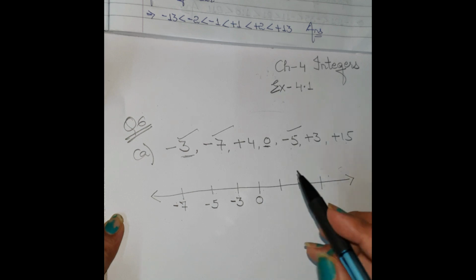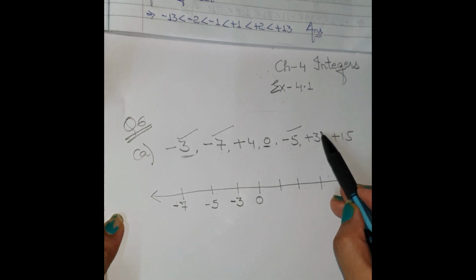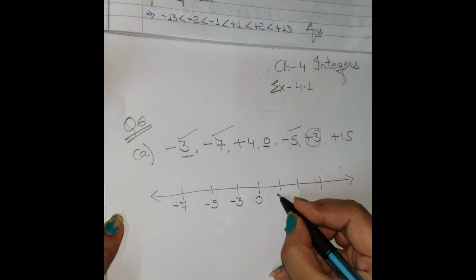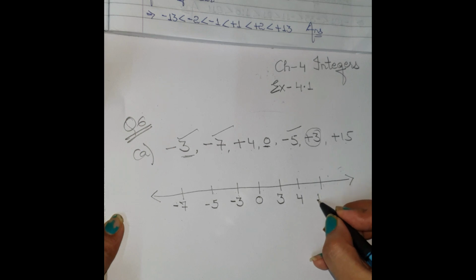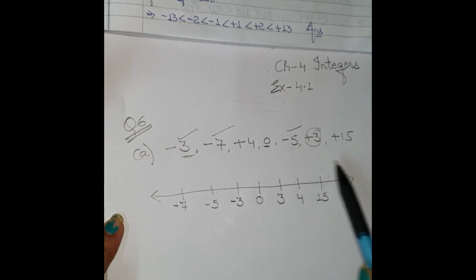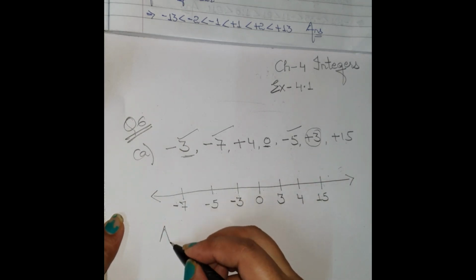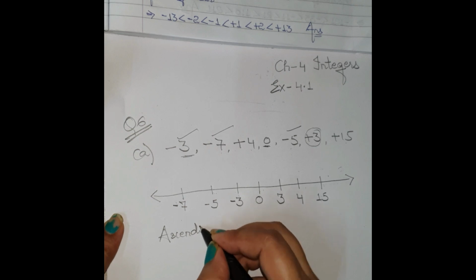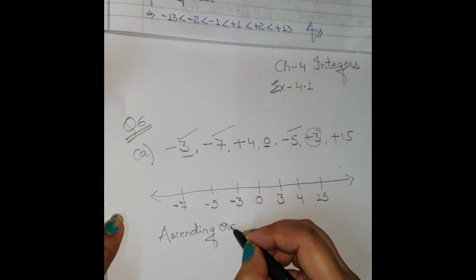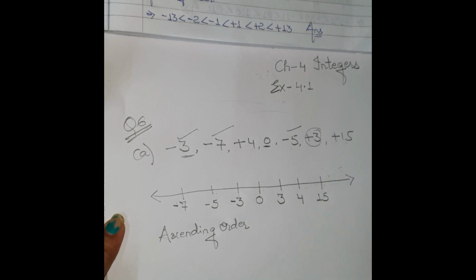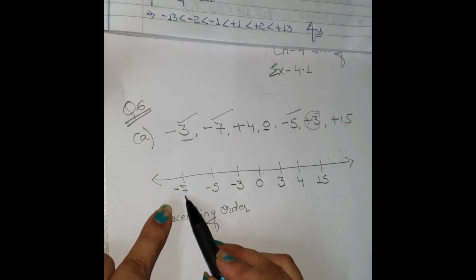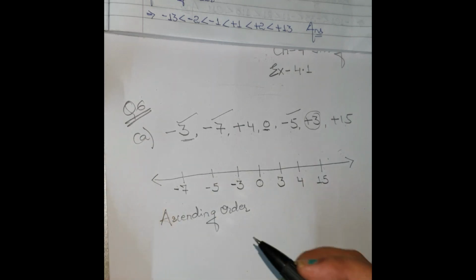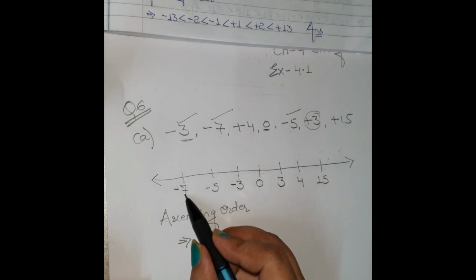Let's move on to the positive side. In positive side, what is given? First of all, it is given number 3. Smallest is 3. Then after 3 it is given 4. And then at last the highest number is 15. So first of all, you have to plot all the 7 numbers on the number line. Then you have to arrange the series in the ascending order. See, once you will arrange it on the number line, no, then it is very simple for you to arrange it in ascending order. How? Just as you have written on the number line, same way you have to write it in ascending order. Means it will begin from here.